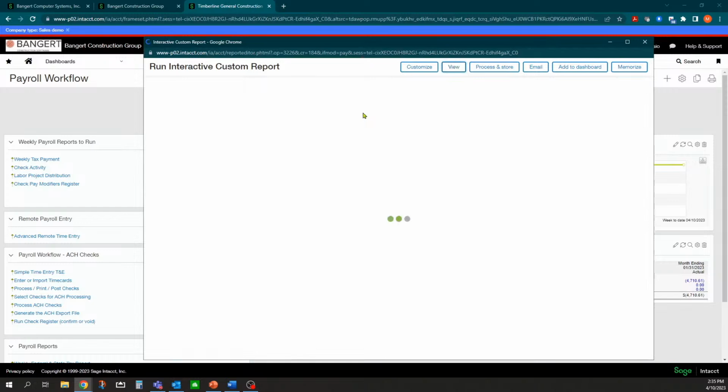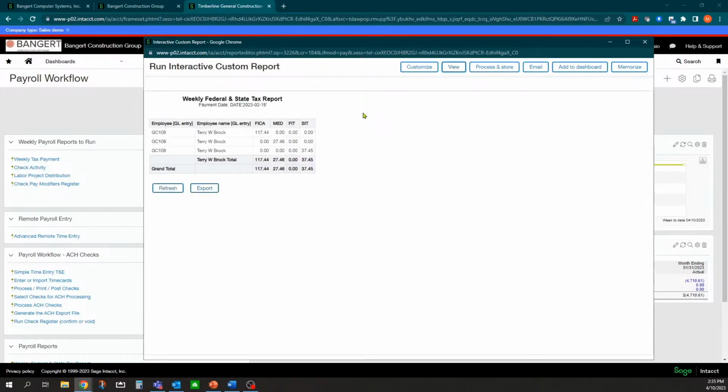And this report simply gives me what I owe for federal taxes, and also gives me the state information as well. And this is just a simple report that's built, but this shows me I only have one employee, but obviously if you had more employees for that week, you'd have a bigger report here. But this shows me here's what I owe for FICA, here's what I owe for Medicare, and then federal employment and state unemployment. So then I could export that to Excel if I wanted to, or I could print it out.